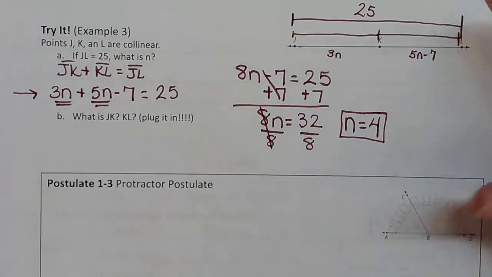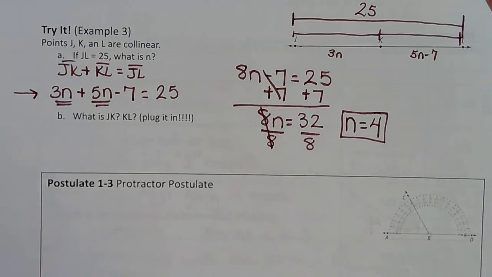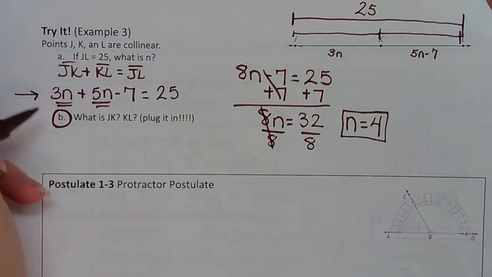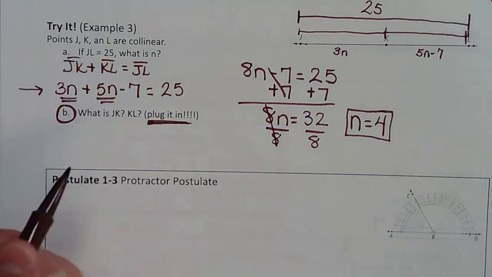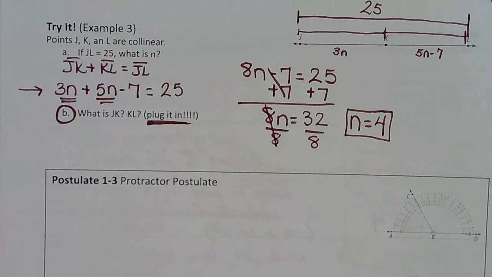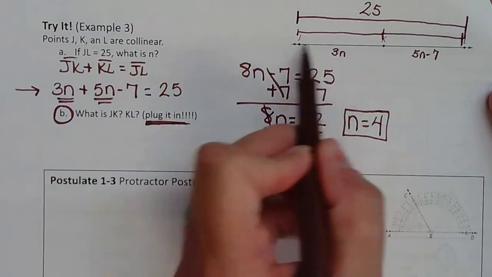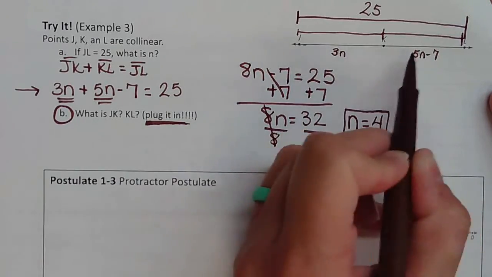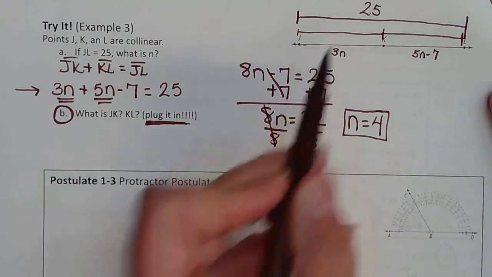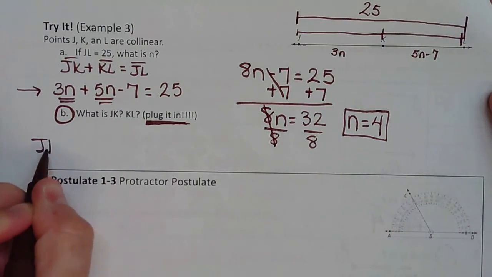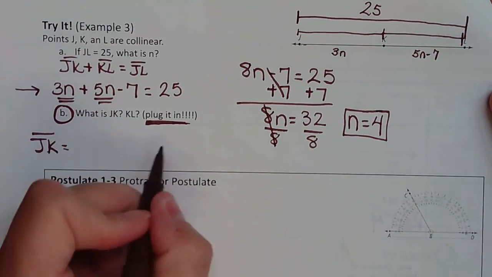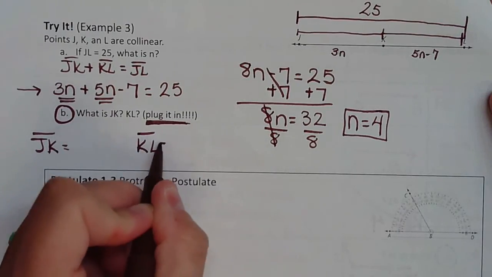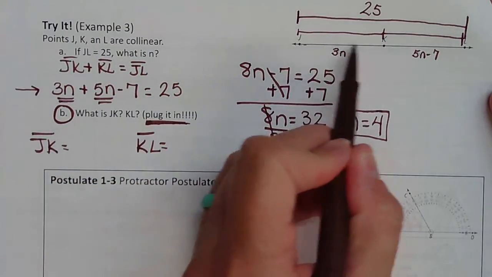But this is what I mean, you're going to solve for a variable, but then there's always going to be a second part here. And I kind of gave you a hint in your notes. We solved for n, got n to equal 4, and now we need to actually plug it back in. So keep in mind that how we did this with JK, 3n, KL, 5n minus 7, if I combine these together, that gives me the entire length. So now to plug it in, I need to find the length of JK, and I need to find the length of KL. JK is 3n,